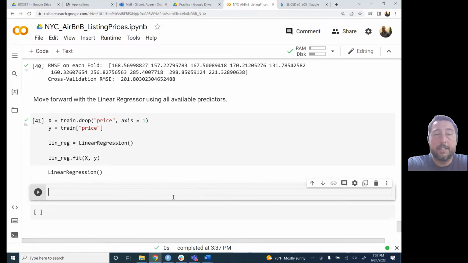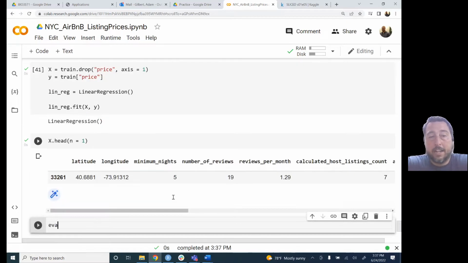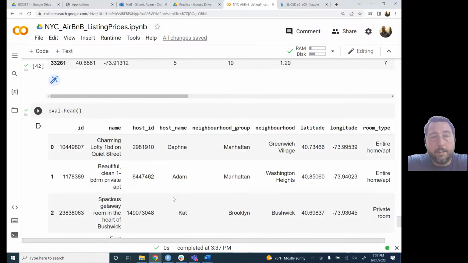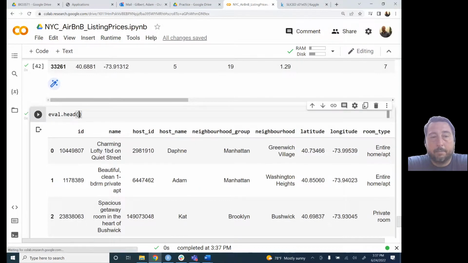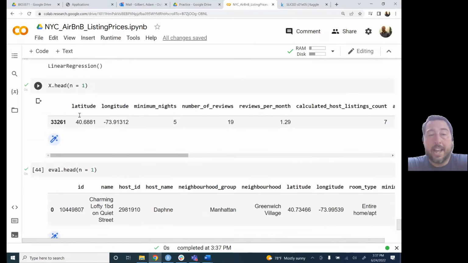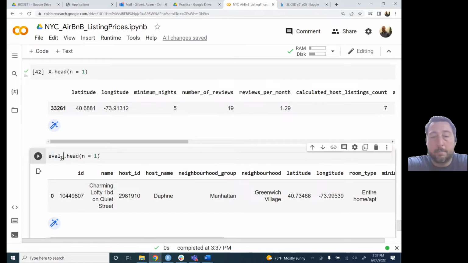But what's important is we need to look at X and we need to look at eval. And I'm going to do n equals 1 again here. And we need to make sure that X and eval contain, we don't want eval. We did some preparation with this. We had eval reduced dummies. So actually, let me show you eval for a second. So before we do this,